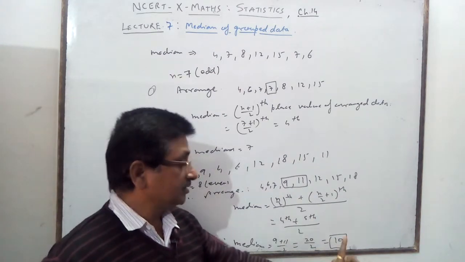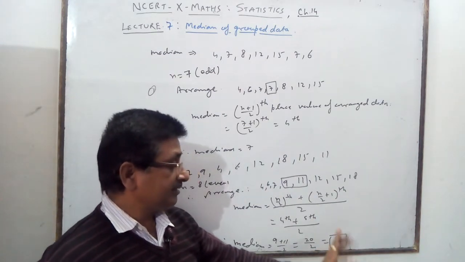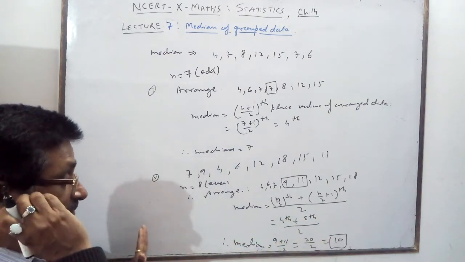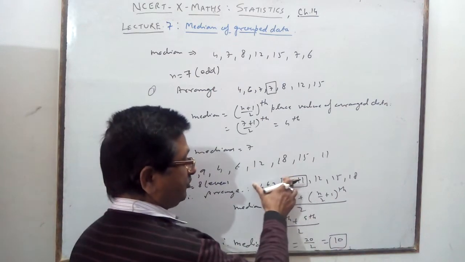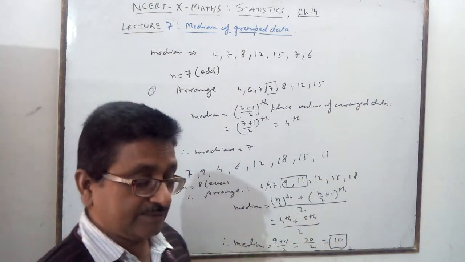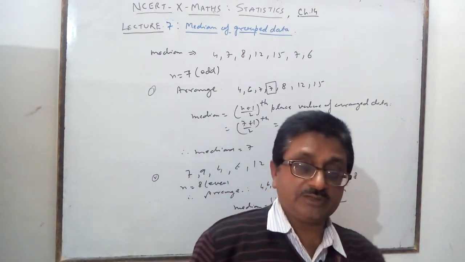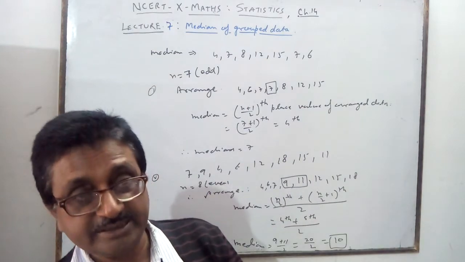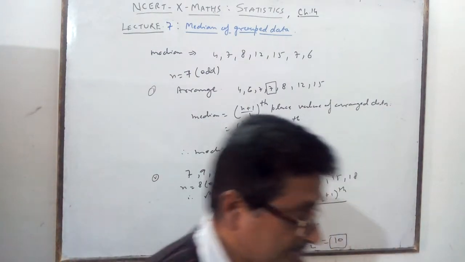The median tells you the number that has the same number of values before and after it. Here, 4 values are present before 10 and 4 are present after it. The median gives you the middlemost value: half of the data will be before the median and half of the data will be after it.